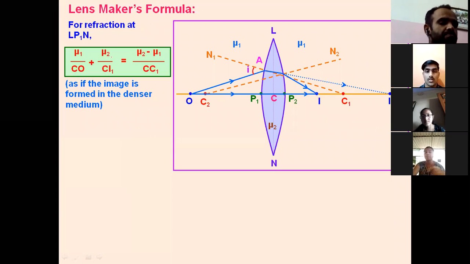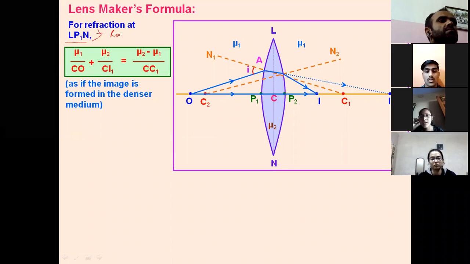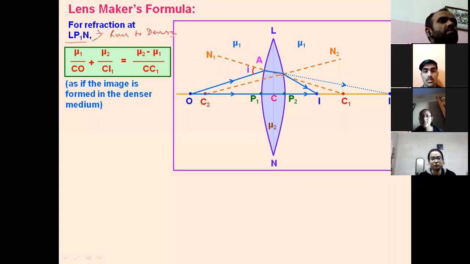Okay, see what is happening at the first phase. कौन बताएगा? Light is going from which medium to another? At LP1N. क्या हो रहा है? Light is going from rarer to denser. Rarer to denser. Denser medium. Okay, then we will apply this formula, mu1 by mu2 minus